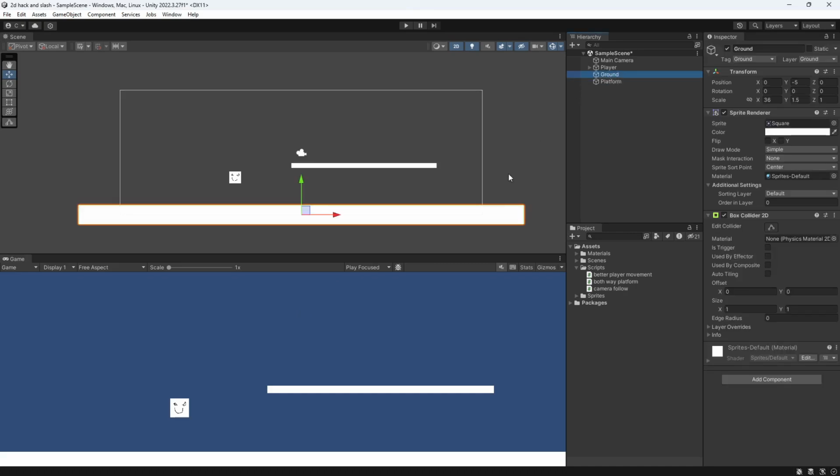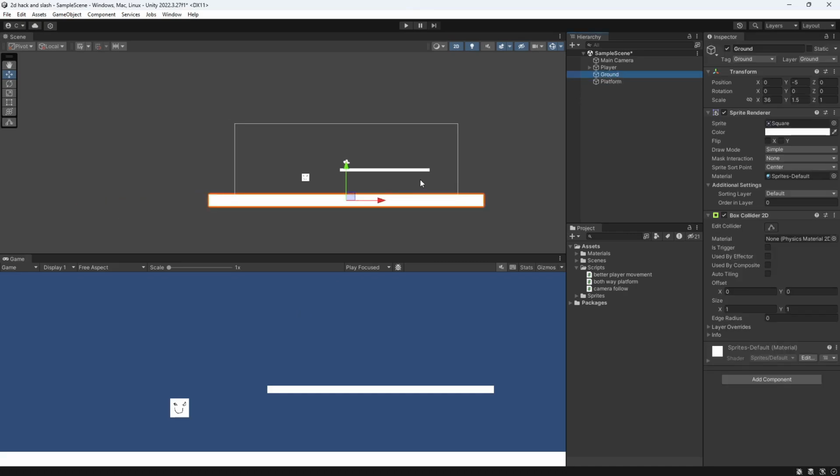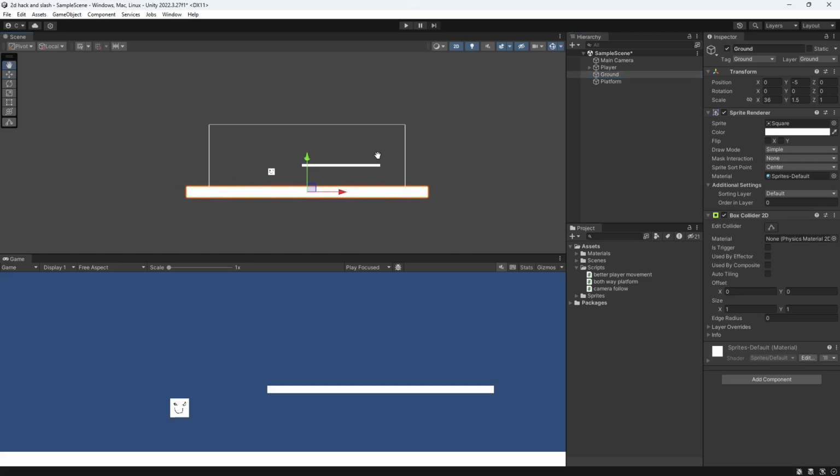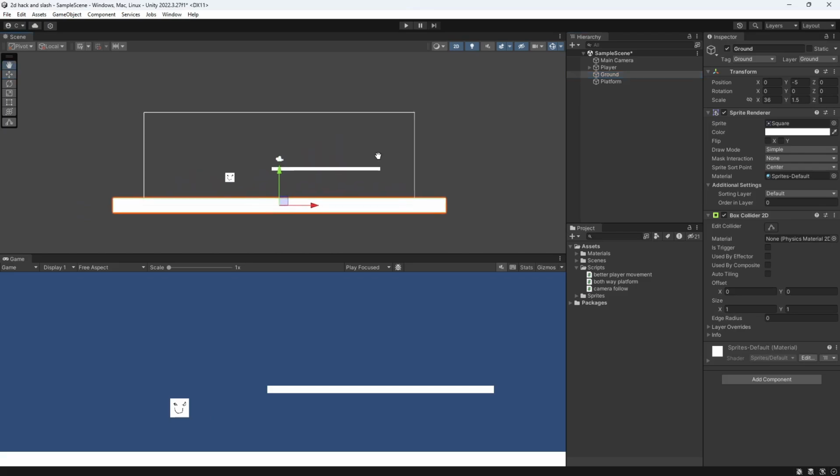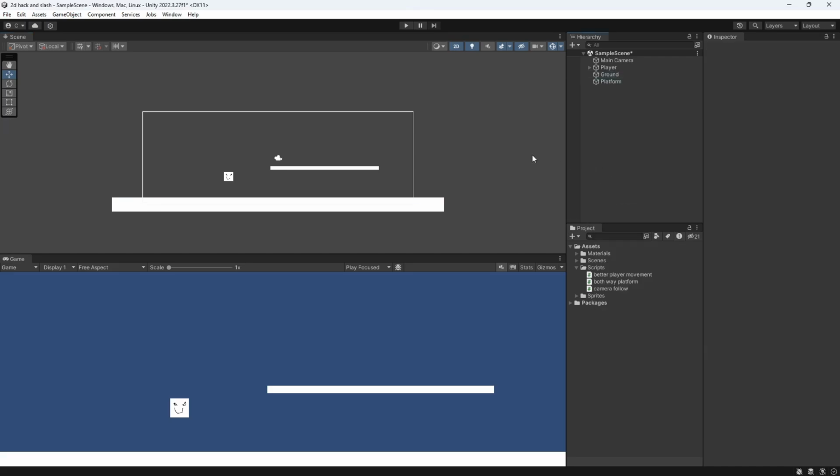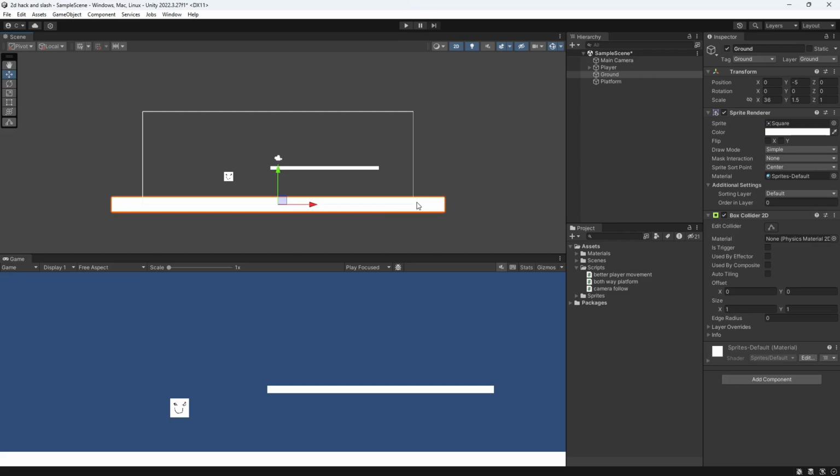I'm gonna go ahead and extend the ground. I was gonna add a falling platform that you stood on and it would fall, but it doesn't fit with what I have for the idea of this game. I just want to add it. I'm not gonna add it. I'm gonna go ahead and duplicate this ground, and then